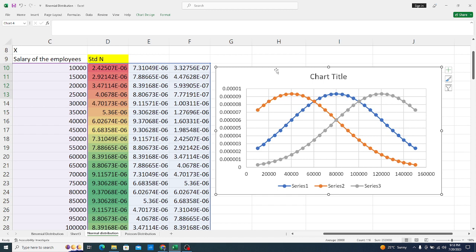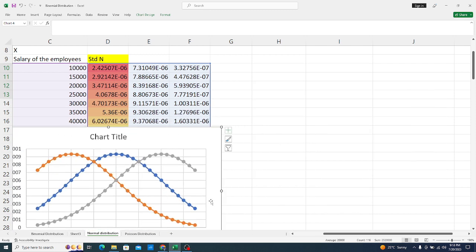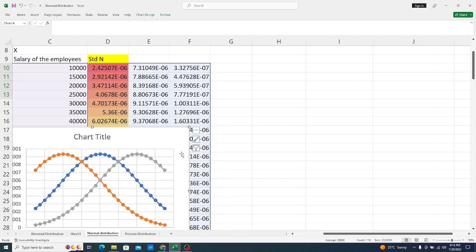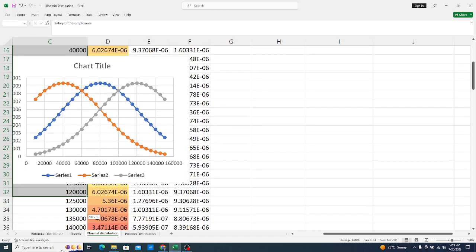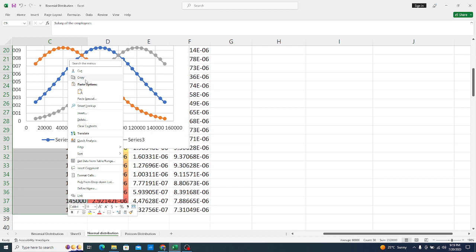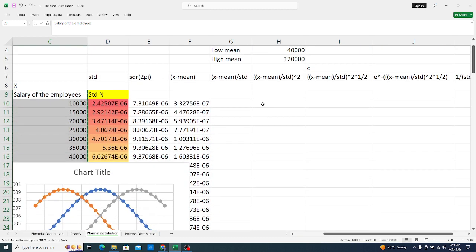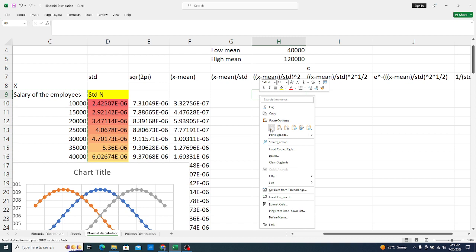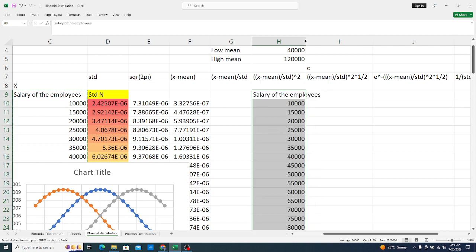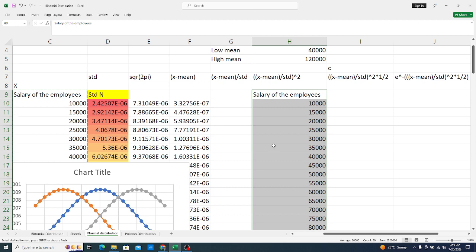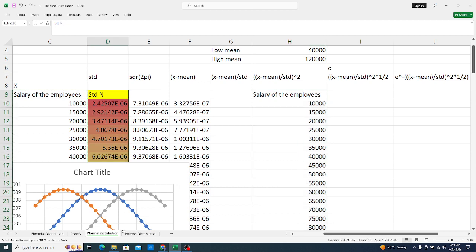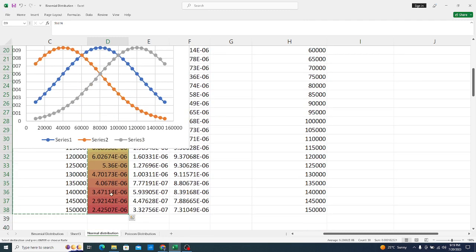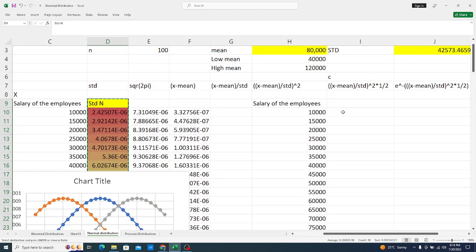Okay, so this is for the case of controlling the normal distribution with mean. What happens when we control it with standard deviation? Controlling it with standard deviation. So I just want to have this data and copy it to this part and see what will happen when we control the normal distribution with, of course I'll have to carry this. This is our standard